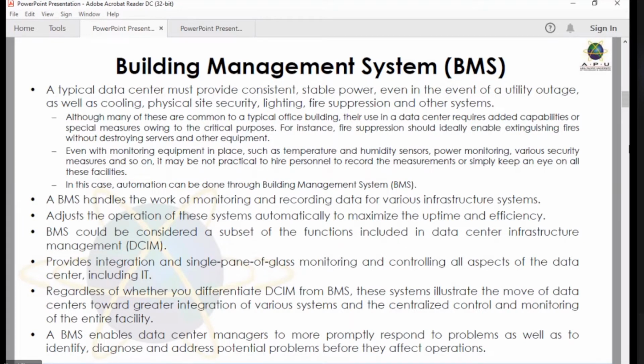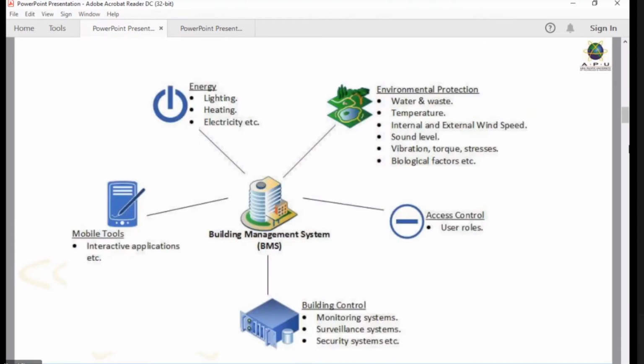So when monitoring, if some issues come up somewhere, before that issue creates a problem, it helps to resolve that issue. Okay, that's why we use BMS. That's the function of BMS. So the building management system basically monitors